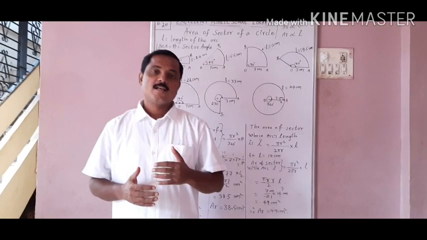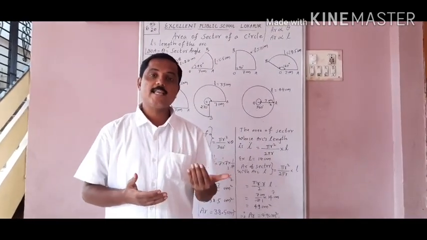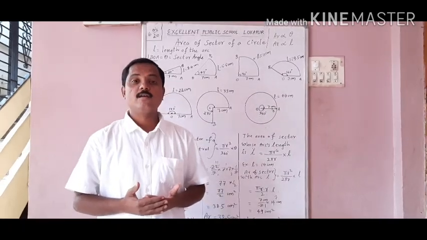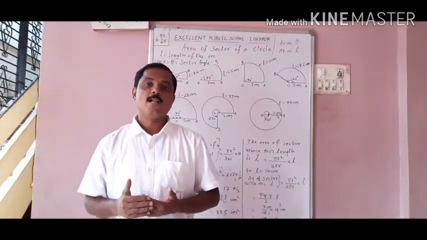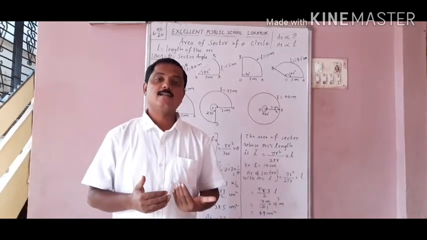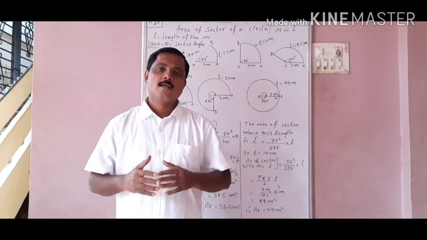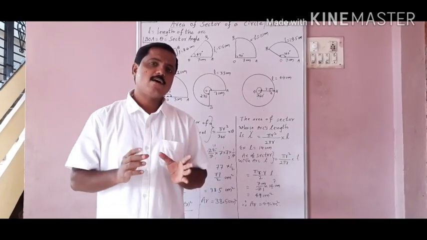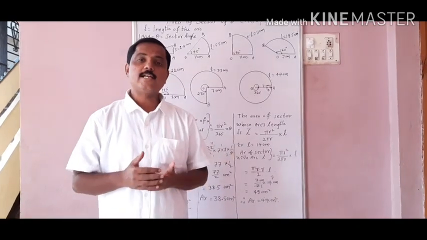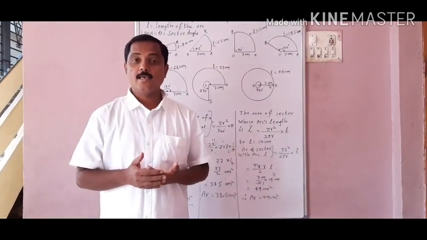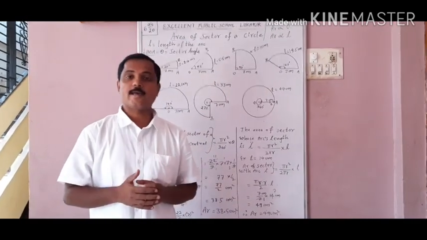Till yesterday we have learned how to find the area and perimeter of the different plane shapes, like a square, rectangle, and circle, etc. When the radius of the circle is given, you know how to find its area. You find the area of the circle by using the formula pi r square.